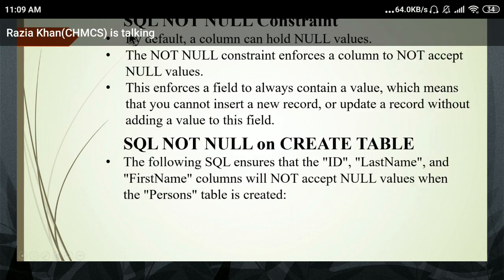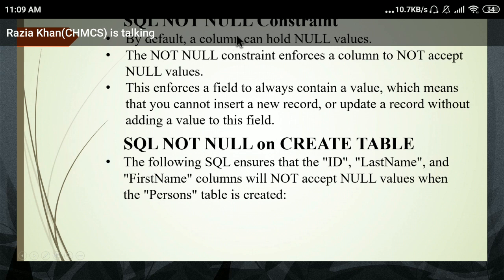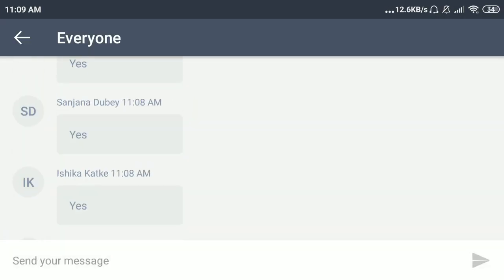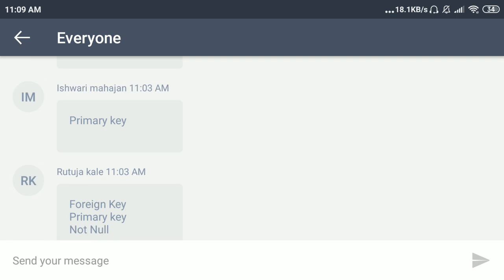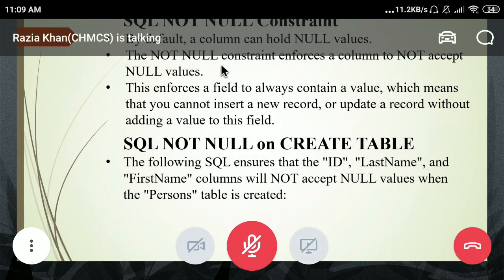Just check. Your first constraint is the NOT NULL constraint. When we apply NOT NULL on any column, for example in a student table, it forces the user to enter at least one value in that column.